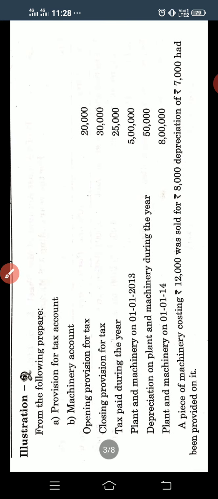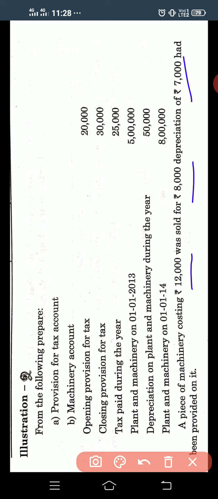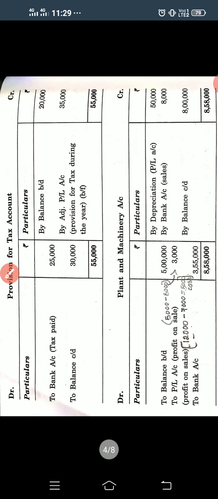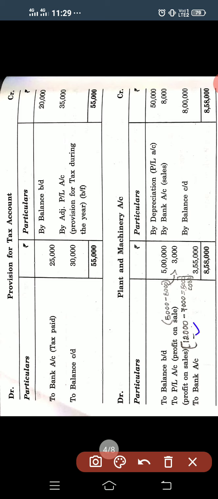Next, what information do we have? They have given a piece of machinery costing 12,000. It was sold for 8,000 and depreciation of 7,000 has been charged. So the cost is 12,000, but we have sold at 8,000. But this is the cost. From this we have to deduct the 7,000 depreciation. After charging the depreciation only, the actual value or closing value of the machinery will come, right? So how to calculate that? 12,000 is the cost of the machinery minus 7,000 is the depreciation. We will get